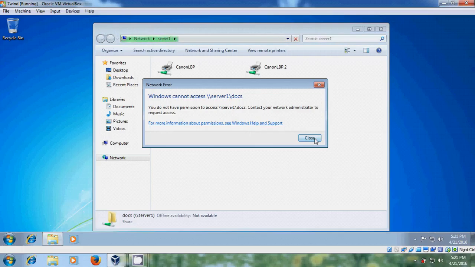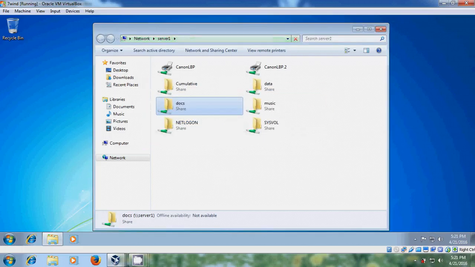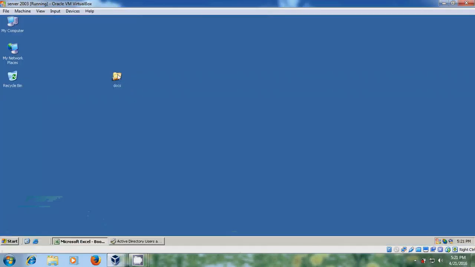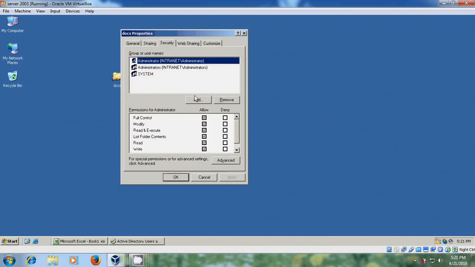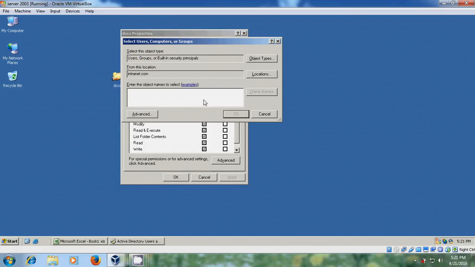So to create access, come to server, and here we need to assign NTFS permissions for this folder. Come to properties, security, and here it is showing the administrators and system. So to create sharing, just add groups,